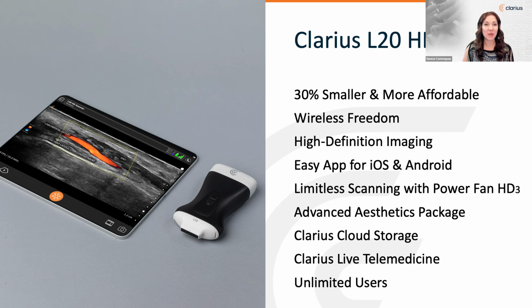Thanks, Shelley, as well as new aesthetic presets for the lip, temple, forehead, piriform, cheek, and chin to optimize imaging